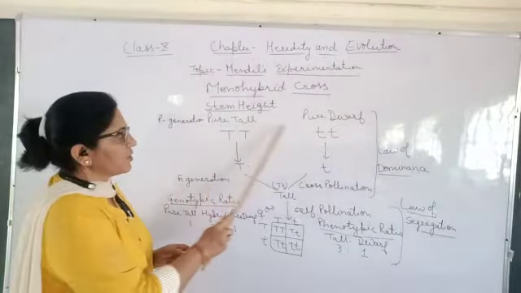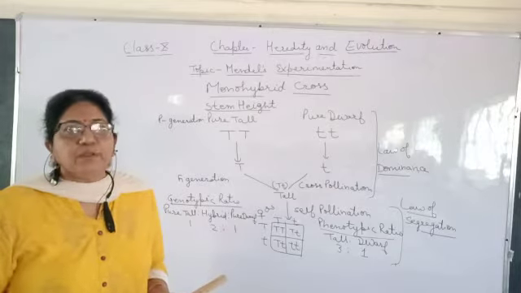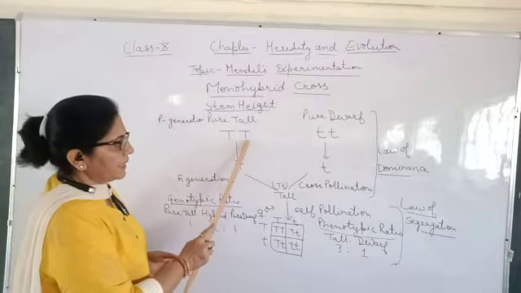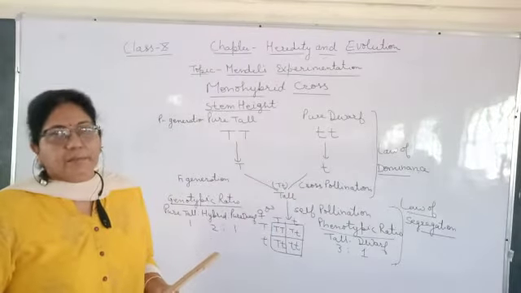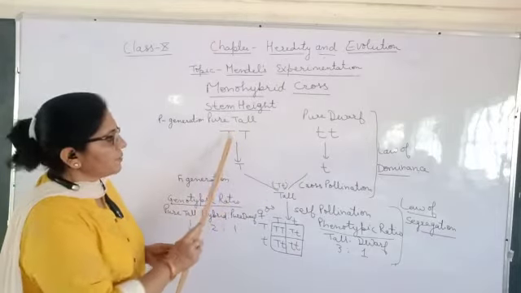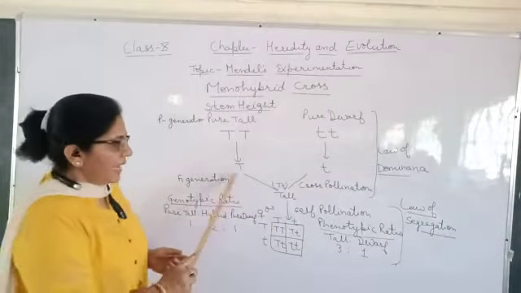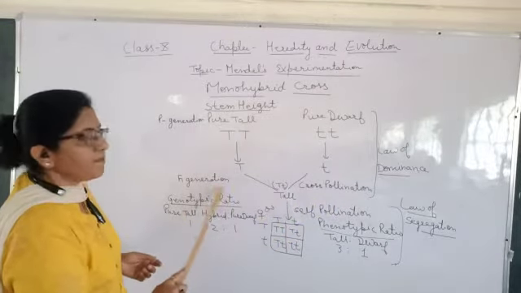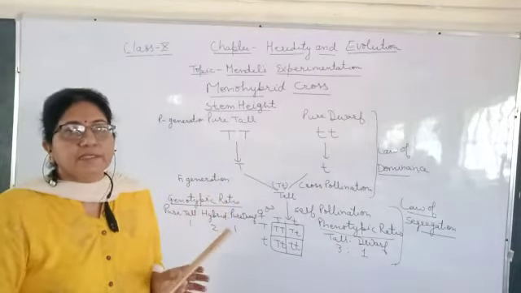When we write pure tall and pure dwarf in this English manner, it means how they appear. That is the phenotypic appearance, the external makeup. And when we write capital T and small t, that is the genetic makeup. And they both are homozygous. The gamete of tall is capital T, the gamete of dwarf plant is small t, and by cross pollination they come out with the tall plant in the F1 generation. Means in the F1 generation, Mendel observed 100% tall plants.